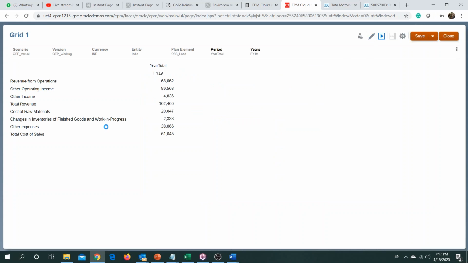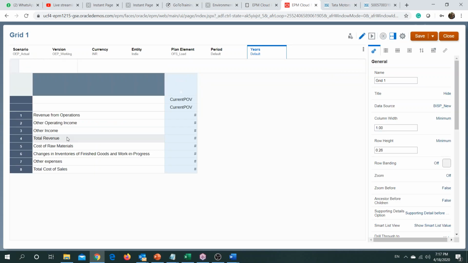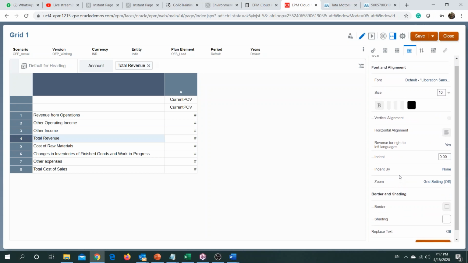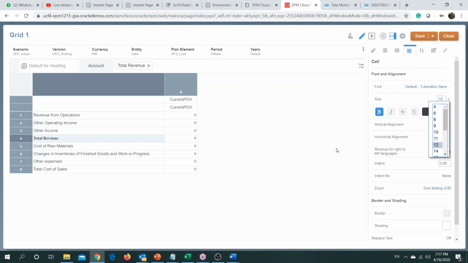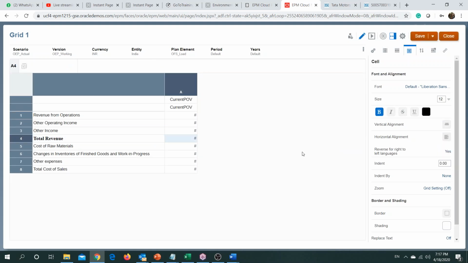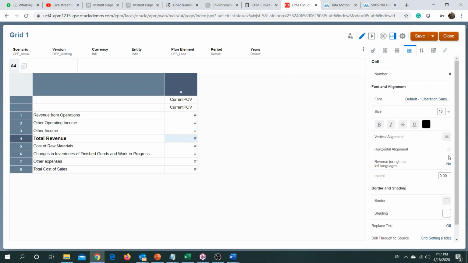We could do certain formatting. For example, let's do some formatting. To do formatting, you go to the edit button, select the particular cell for which you want to do formatting. Okay, just click the cell icon in here, and you could say I want to see number as bold and italics with a bigger size from other numbers. Okay, and then I need borders for this particular cell.